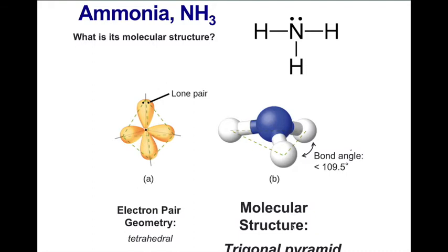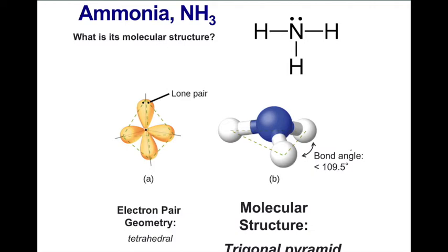We identify the lone pair. We acknowledge that it is essentially invisible. We can think of it as a cloud, an electron cloud. It is not a solid, and it's the solidity that the nuclei have in an atom that's going to dictate the molecular structure. So when we look at the final structure of ammonia, we see that it is trigonal